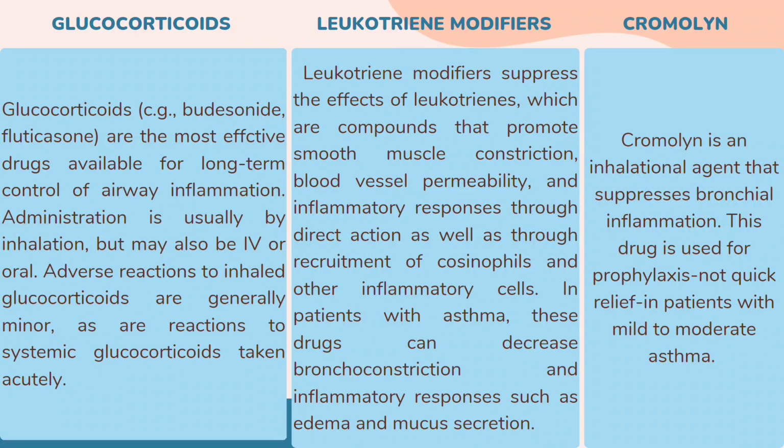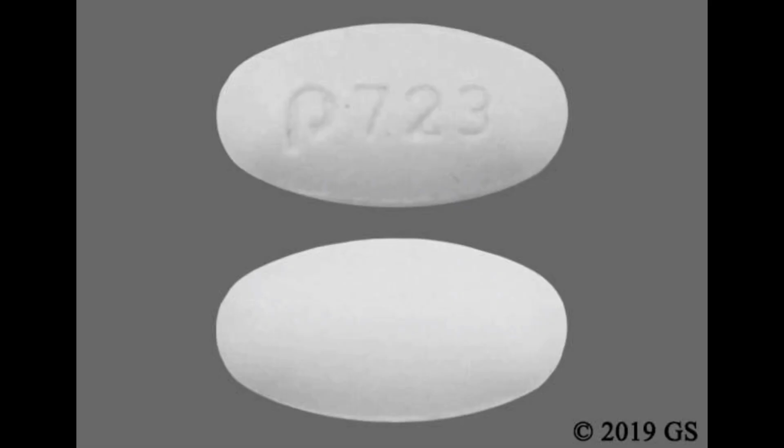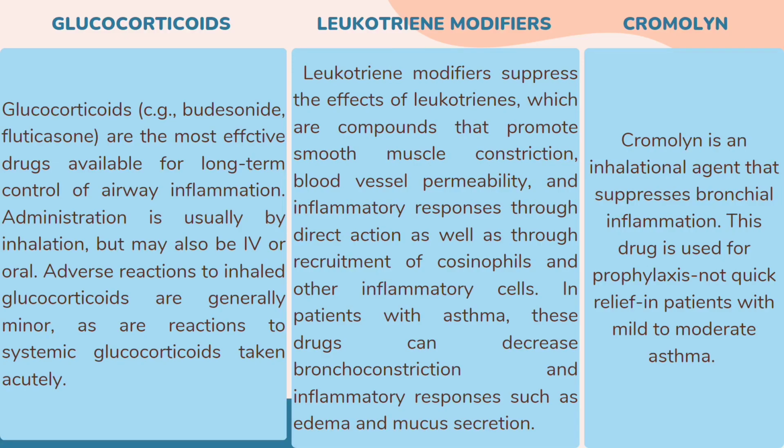In patients with asthma, these drugs can decrease bronchoconstriction and inflammatory responses such as edema and mucus secretion. The 3 leukotriene modifiers currently available are Zileuton, Zafirlukast, and Montelukast. Zileuton, an inhibitor of leukotriene synthesis, is approved for asthma prophylaxis and maintenance therapy in adults and children 12 years